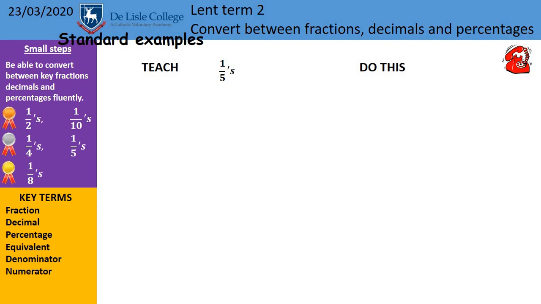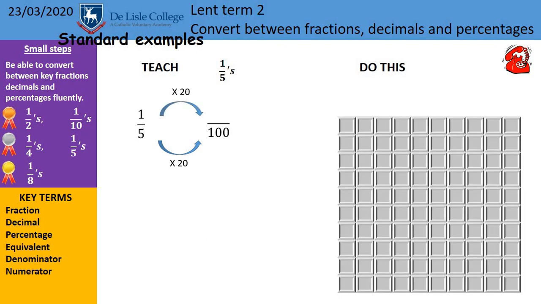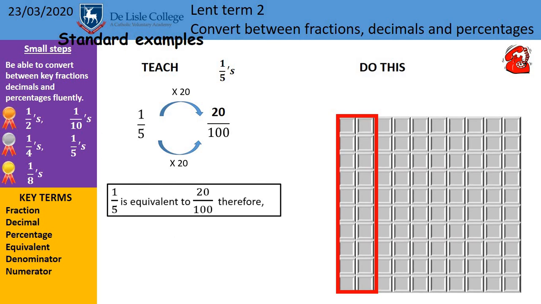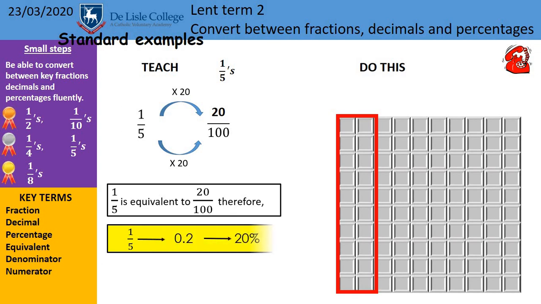Right, if we now look at our fifths, we write our initial fraction as 1/5, and then we would write it as a fraction over 100. And we know from our 5 times table, to get from 5 to 100, we multiply our denominator by 20. So we therefore must do the same to the top. We multiply 1 by 20, and we can see from our 100 square grid on the right hand side, that would be 2 of our columns of 10, which is quite right. We get an answer of 20 over 100. Because we know 1/5 is equivalent to 20 over 100, we should therefore know that 1/5 is equivalent to 0.2,